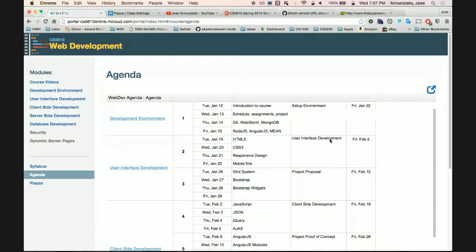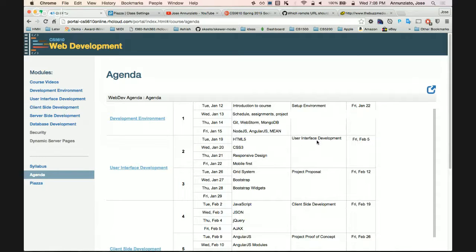Notice that each assignment is due quite a few weeks later. Notice that for the user interface development, it's due February 5th over here, a week after we complete all the material, right?